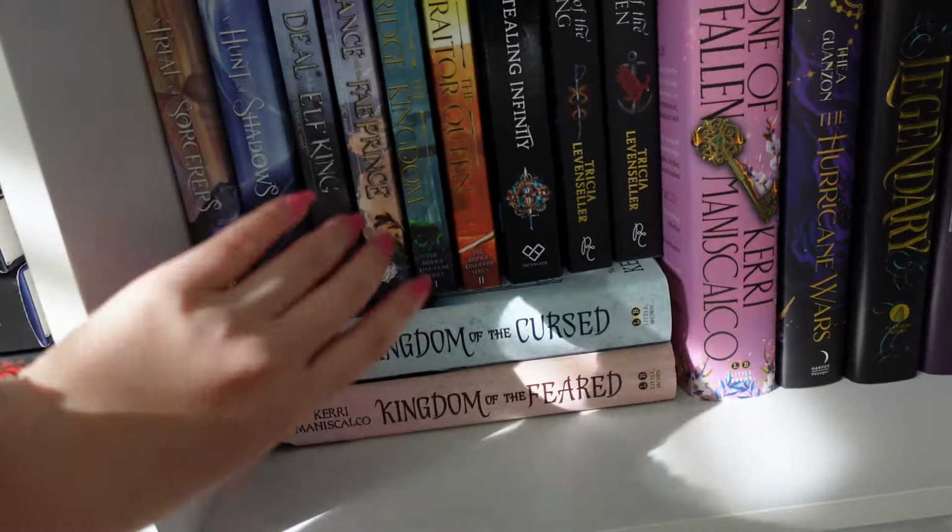Or this one's not really recent. This has been there for a couple months. Okay, so this mini shelf I got at Home Goods actually. And this top section are all Entangled books that they sent to me. And these are from their